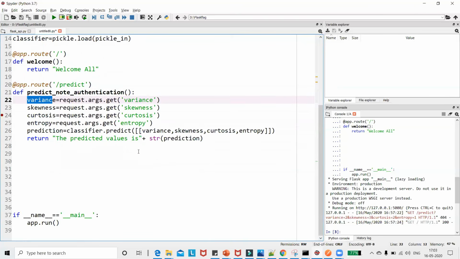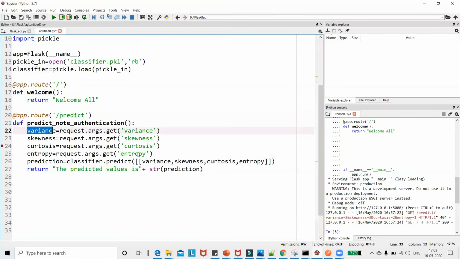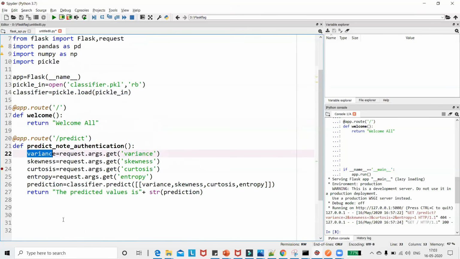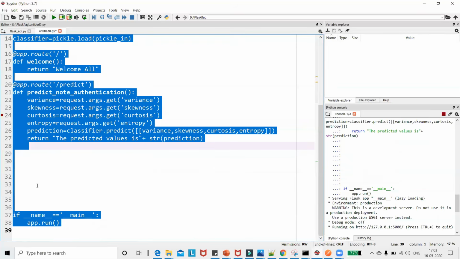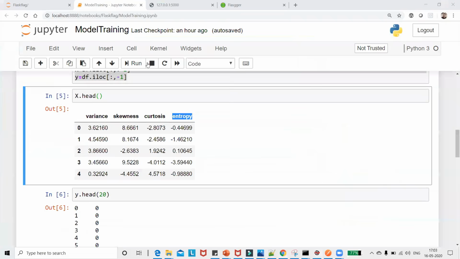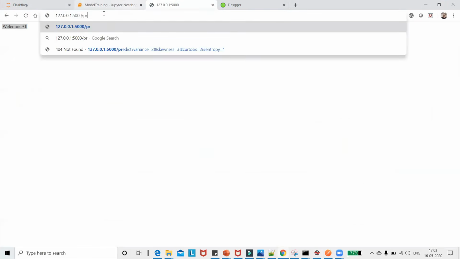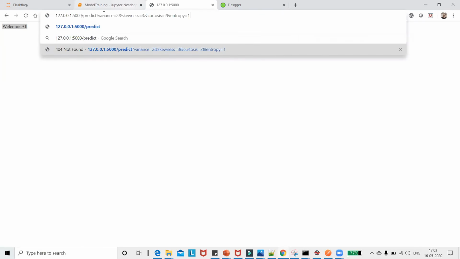Now let's go ahead and try to run this. I think it will run in a better way. I'll show you how you can test it in the browser also. So I'm just going to execute it. Now it's running over here in the same location. I know my function, that is /predict, and here you can see that I'm giving variance. These are all parameters that I'm giving for this particular function, which I can retrieve by using the get request.